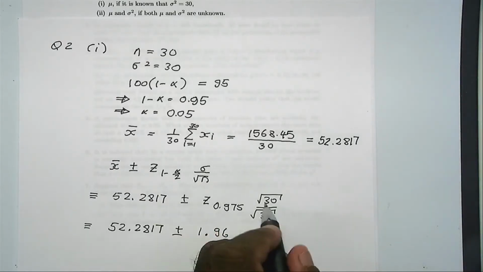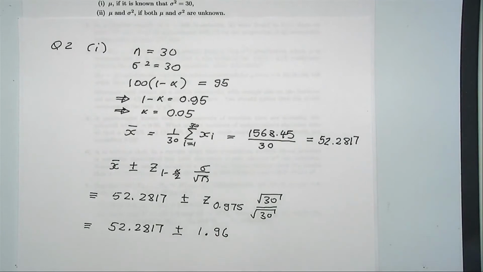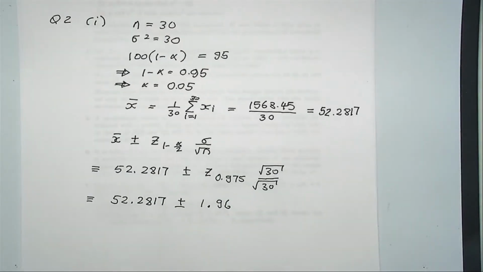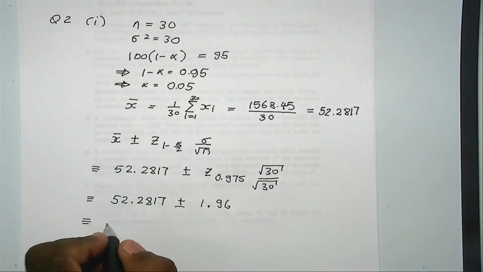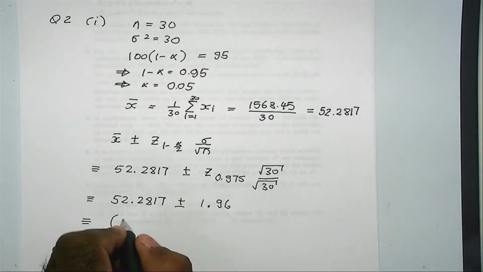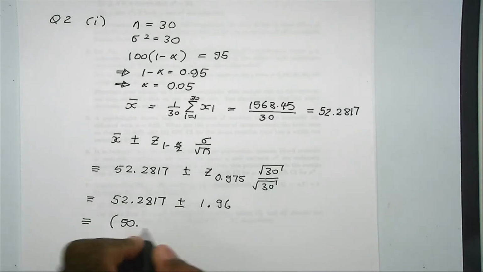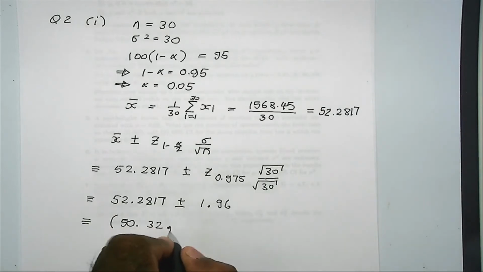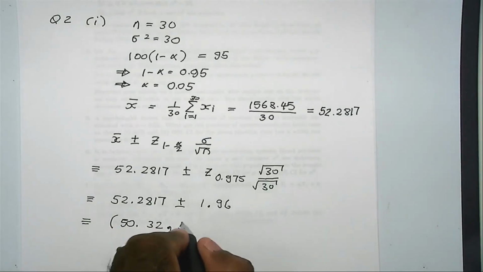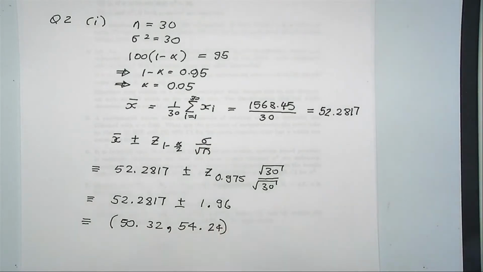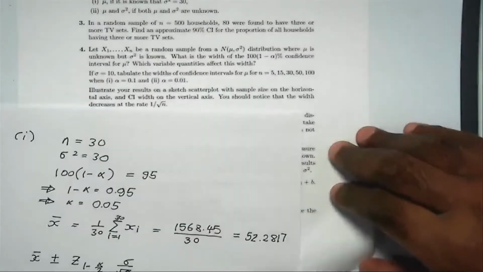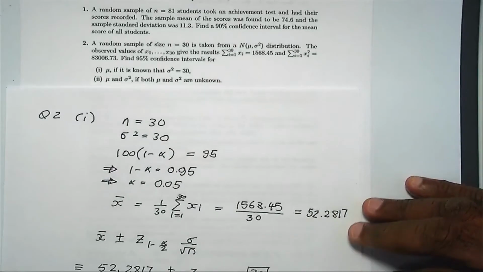Right, and these two cancel. Okay, so the final answer for part 1 is the following. It's going to be 50.32, the lower limit. The upper limit is 54.24. Alright, so this completes the first part of question 2. Now, the second part,